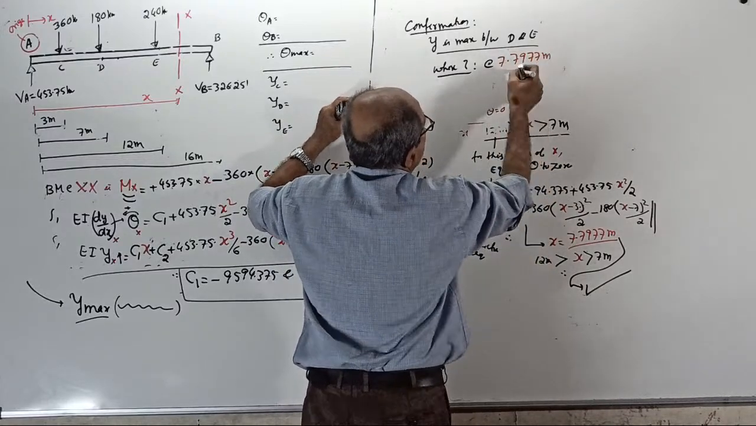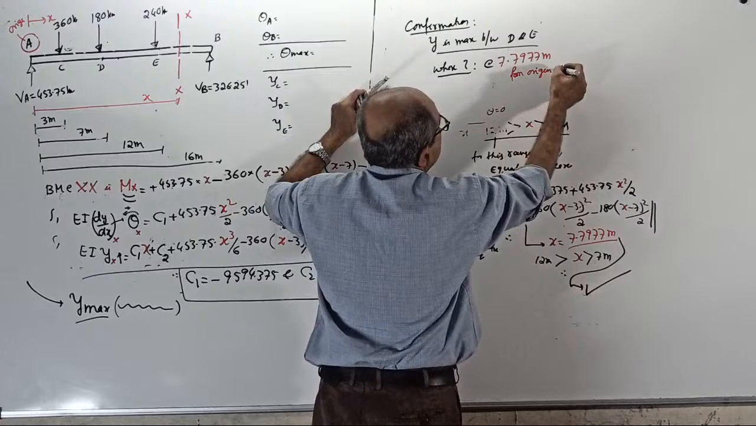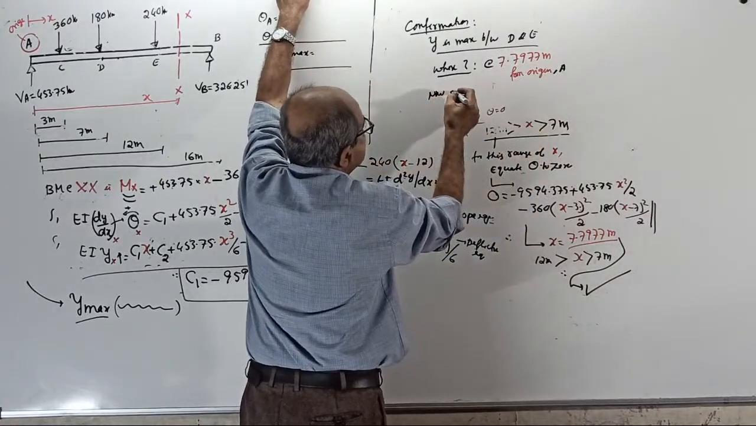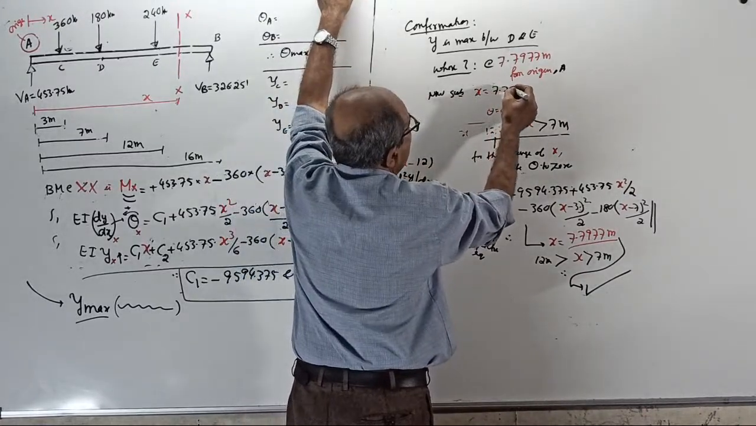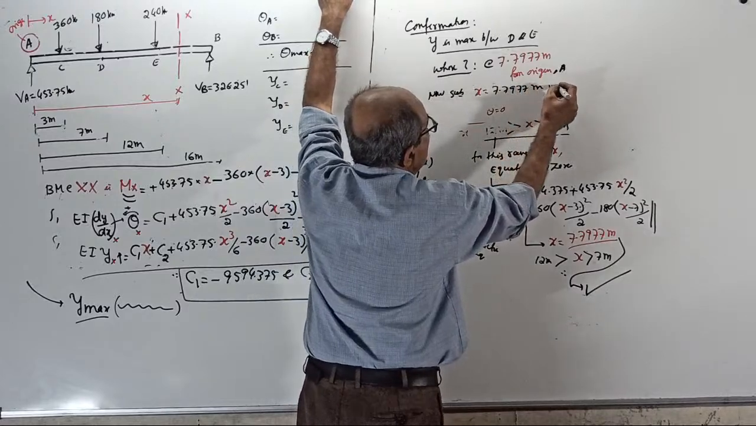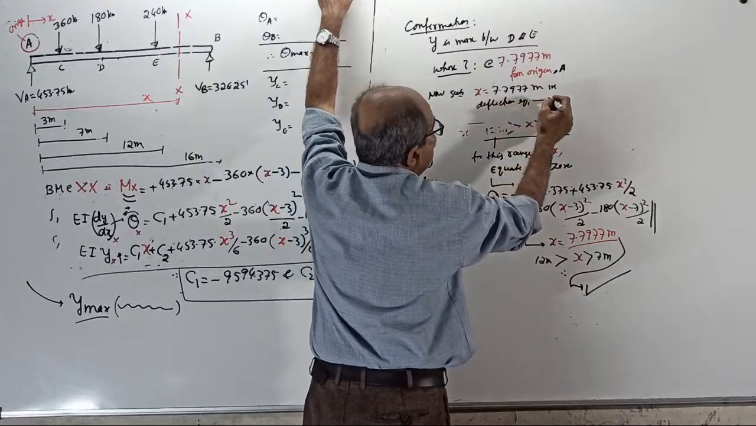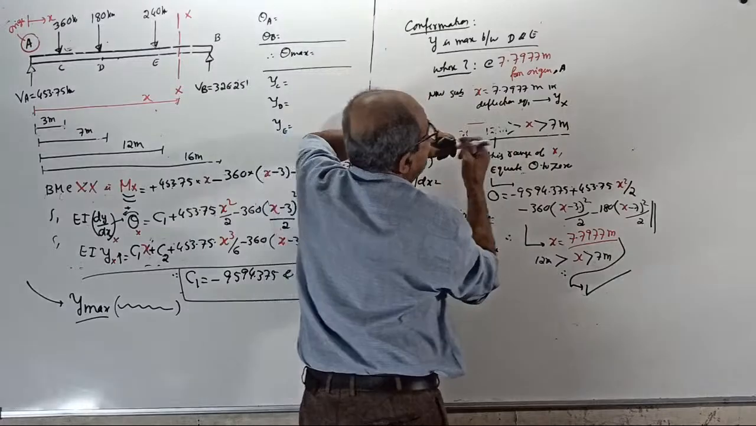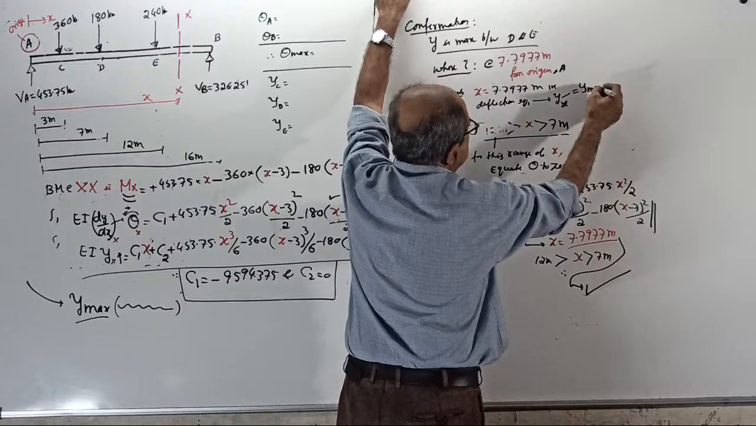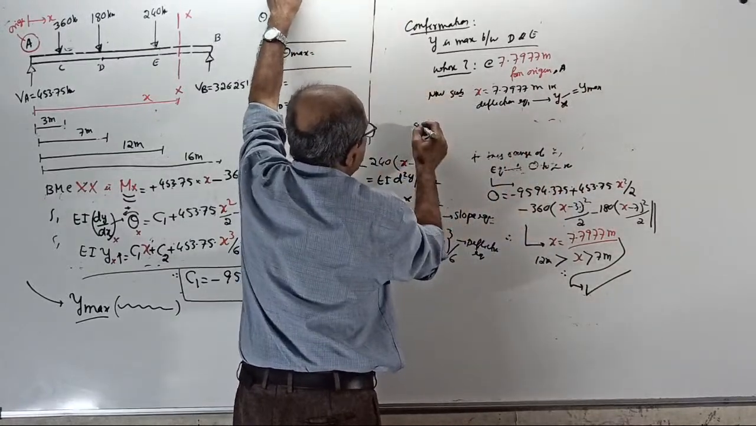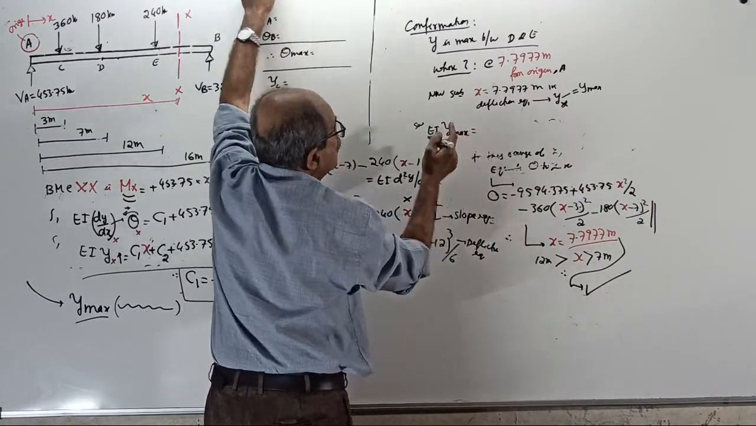7.7977 meter from origin A. Confirmation. Okay, now substitute X equal to 7.7977 meter in the deflection equation, which will give you Y at that point X. But Y at that point X itself equals Y maximum. Therefore, substituting,